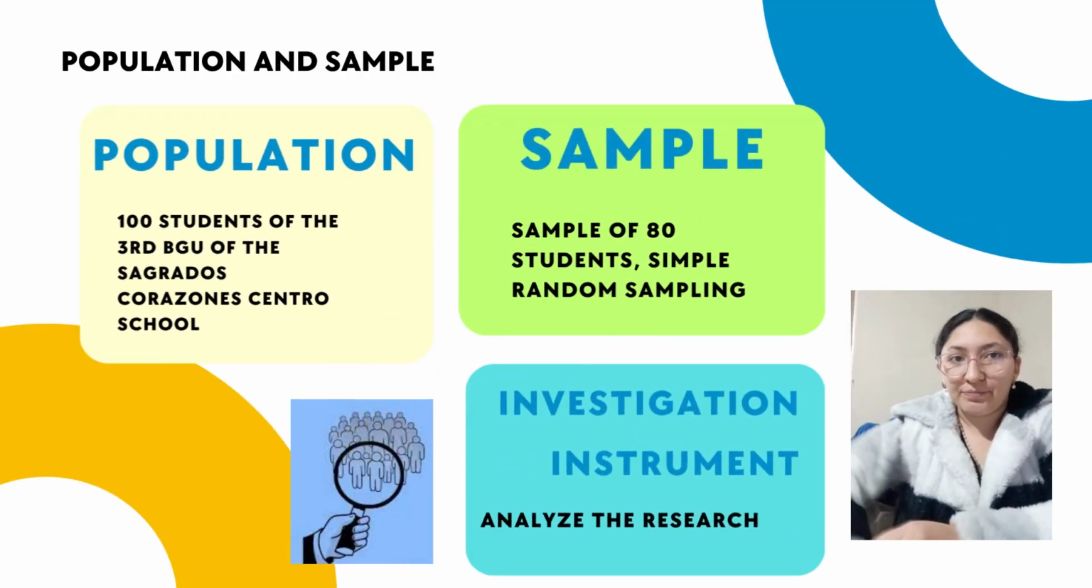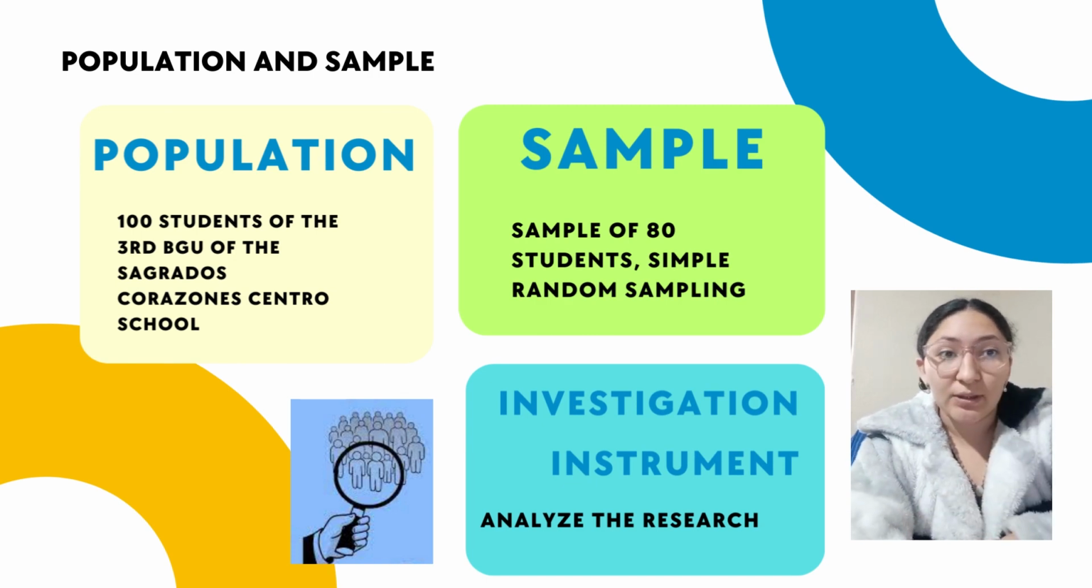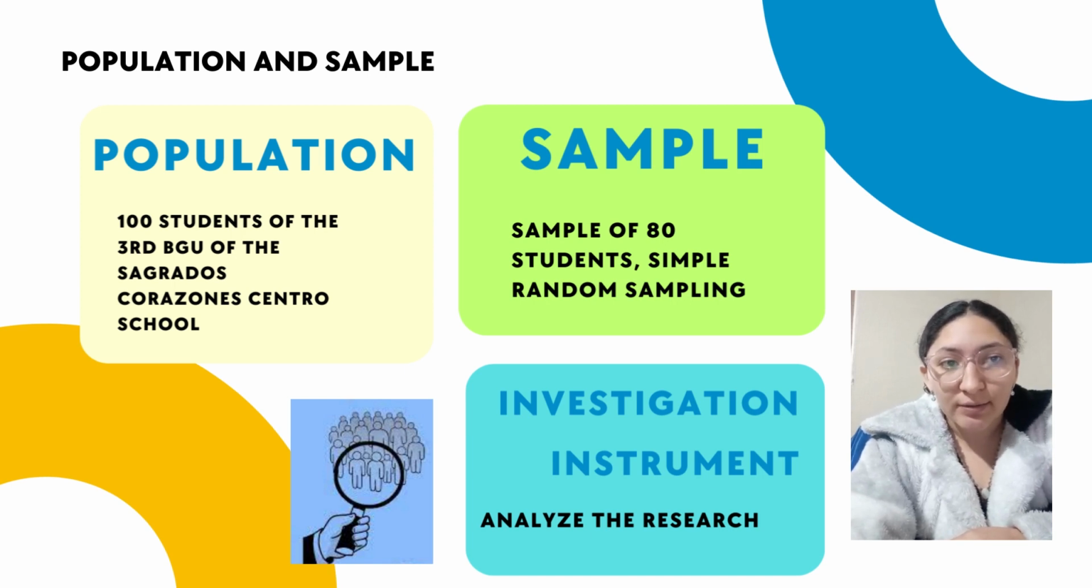Population and selection. Population: the total is a limited set that consists of 100 students of third BGU belonging to the high school Sagrados Corazones Centro during the academic period 2022